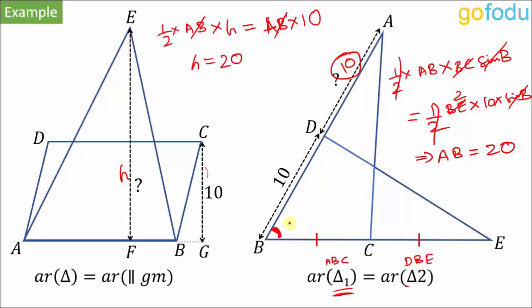So once again, this formula has proved to be very useful. Half AB sine C. People tend to miss out on this formula, but it is very useful in cases where two triangles are sharing a common angle and the relation between their areas is being asked, or the relation between their areas is given and something else is asked.